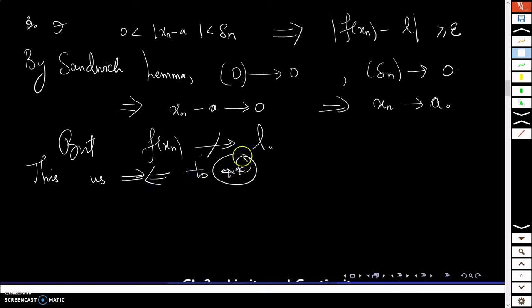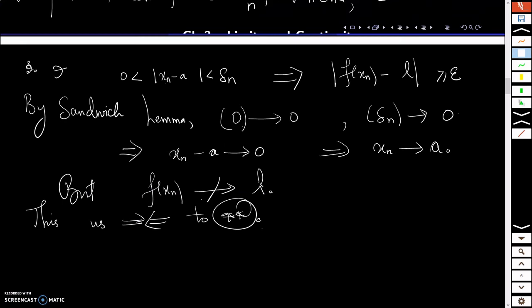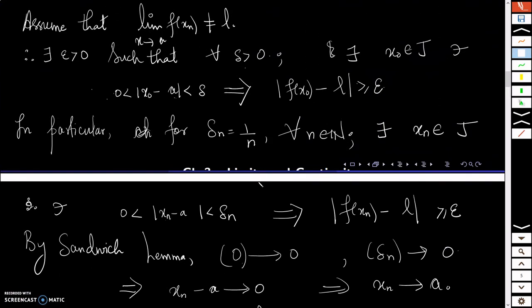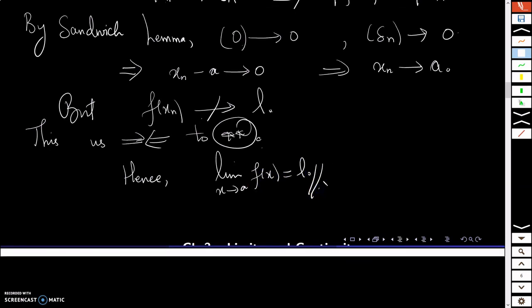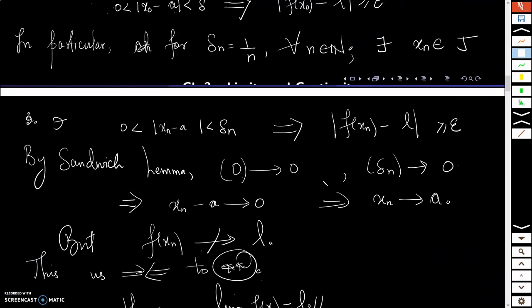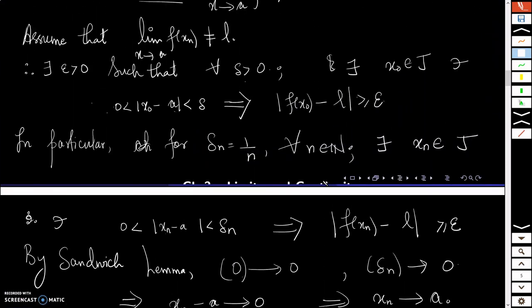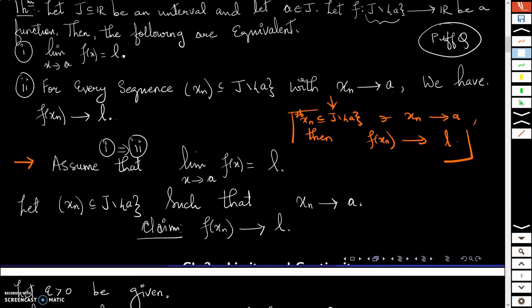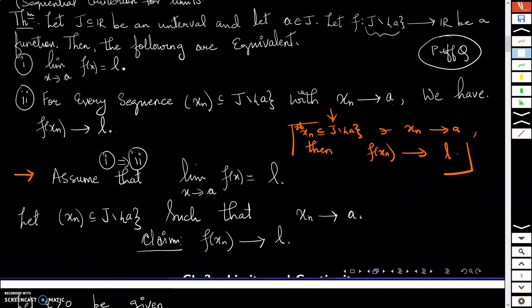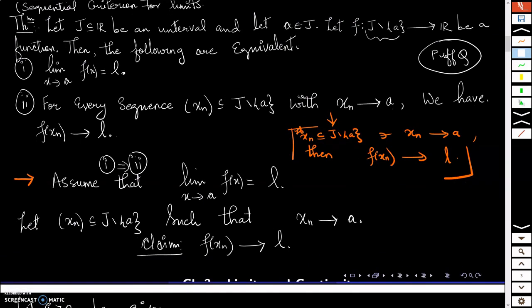So why are we getting this contradiction? Because we assumed that the limit of this function as x tends to a is not equal to L, and hence limit x tending to a f of x is equal to L, and hence we have proved that 2 implies 1. Okay, so we conclude that these two statements are equivalent to each other. Okay, so this is called sequential criterion for limits, another way of talking about limit of a function at a point. All right, so that's it for this session,